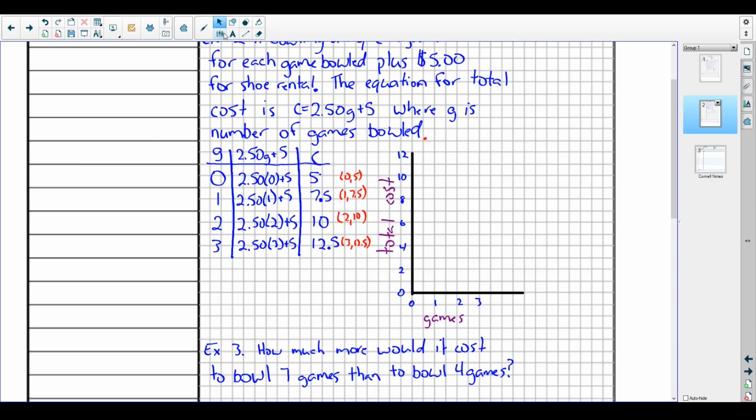So we have 0, 5, 1, 7.5, so between 7 and 8, 2, 10, and 3, 12.5, so a little bit off the graph. And just looking at it, this appears to be a straight line, and